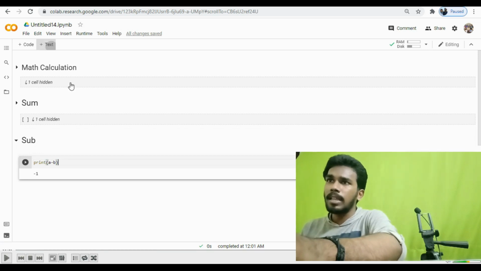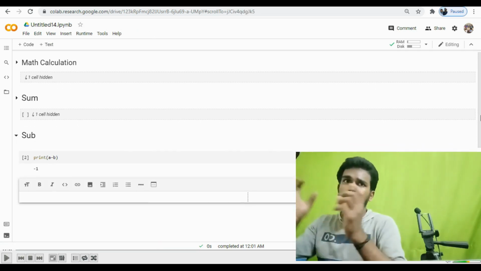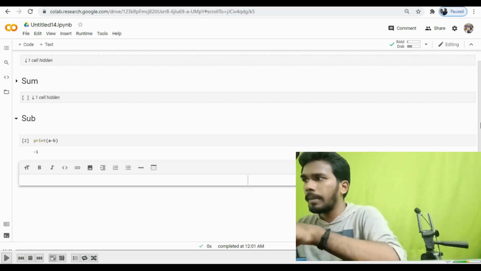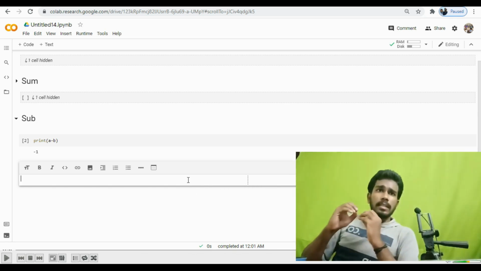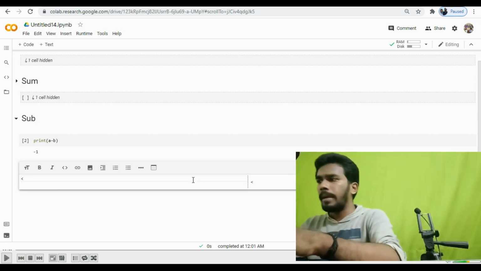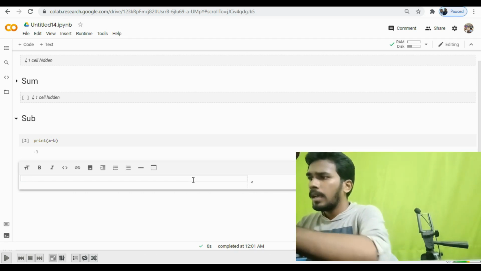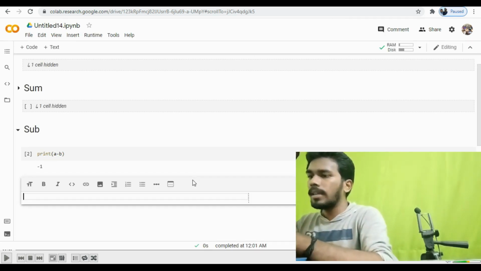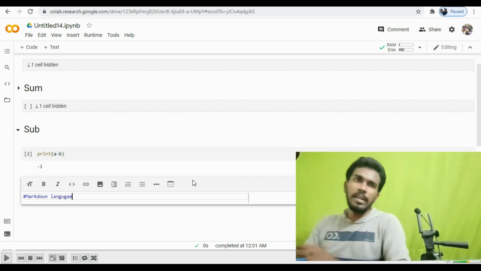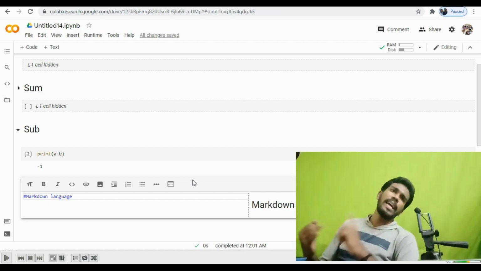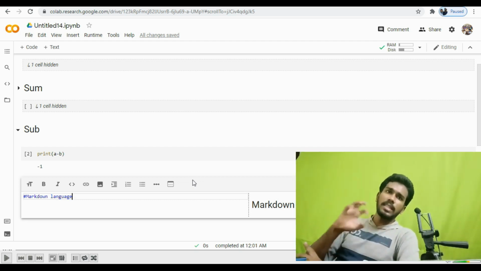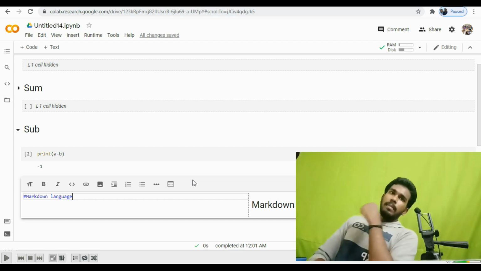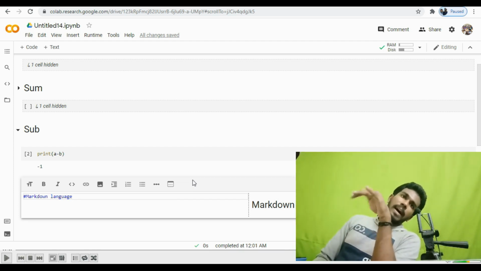And I need to make something a bold kind of letter. I'm going to have something called very bold here. The stuff we use in Google Colaboratory is what we call a markdown language. Markdown language is typically similar to HTML tags. If you have heard about HTML tags like the break tag, bold tag, italics, href hyperreference, for list li, ordered list ol, all these tags come into picture. We call them hypertext markup language. Here we call them markdown language.